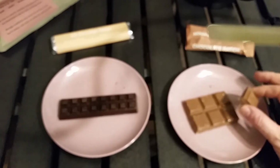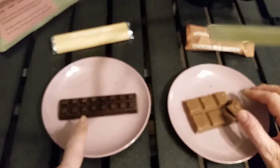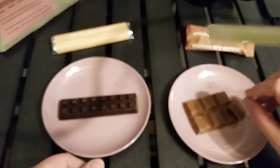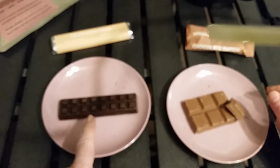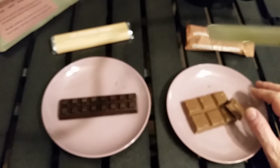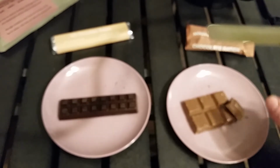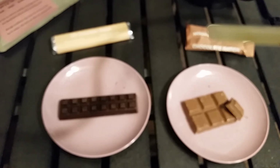They're designed for hot weather environments, so they will not melt as easily, although this one is a little bit softer to bite. They both have a very good flavor. Although I am more partial to this one since it has a higher cocoa content and it's not quite as sweet. But these are still very good bars,